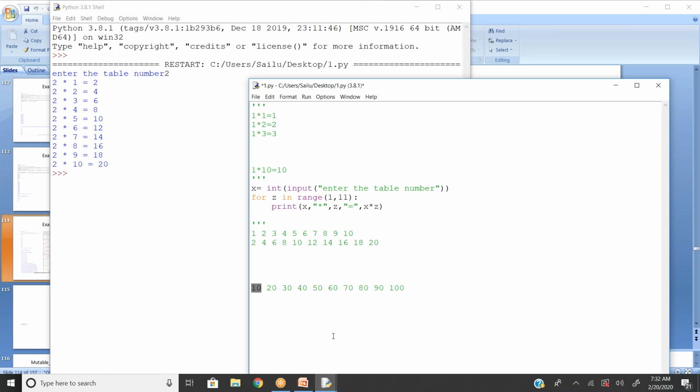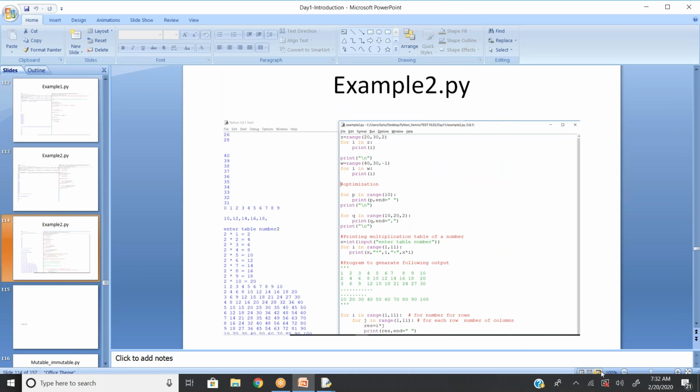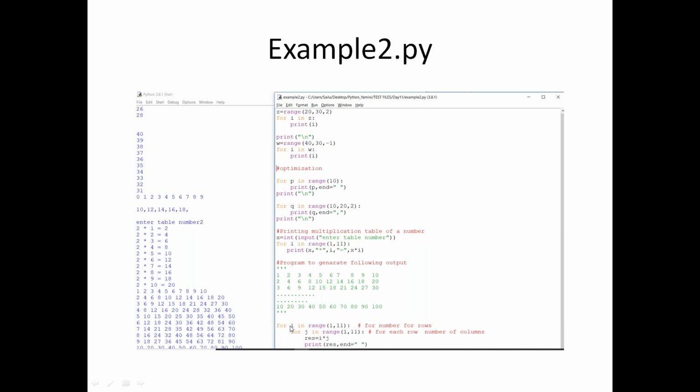So for i in the range of 1 to 11, within the loop I'm creating a sub loop, for j in a range of 1 to 11.